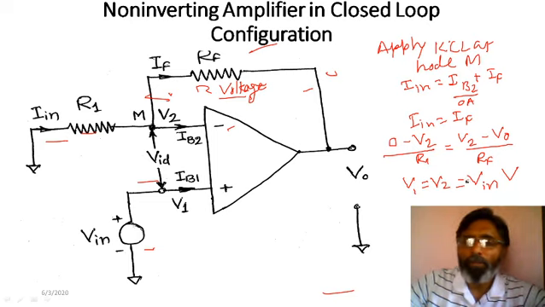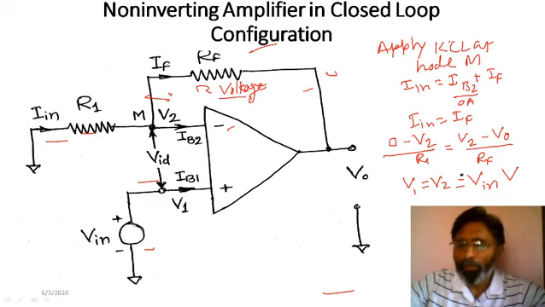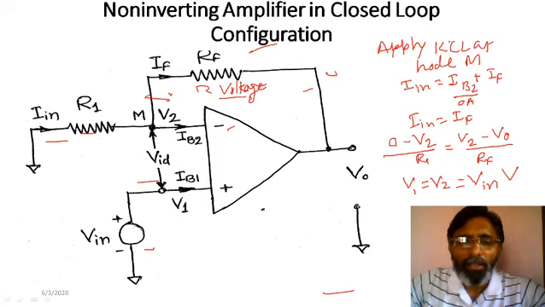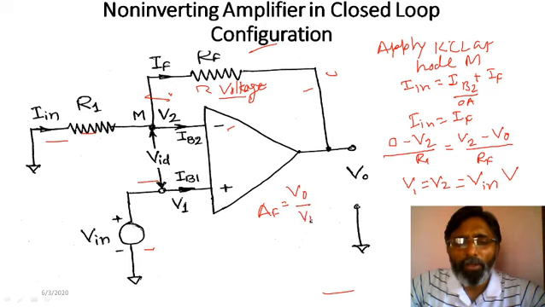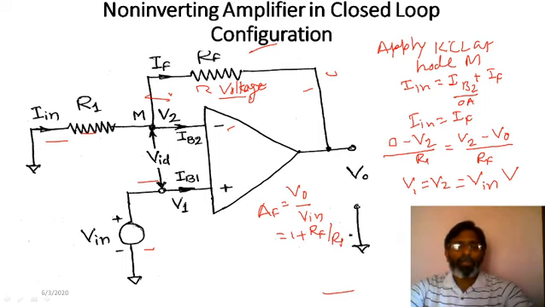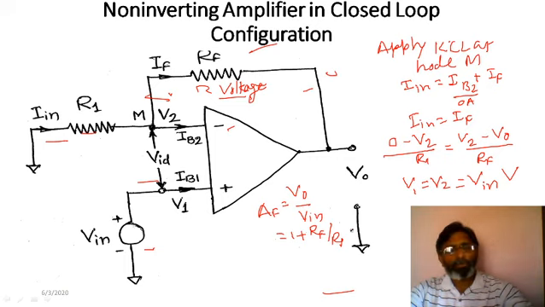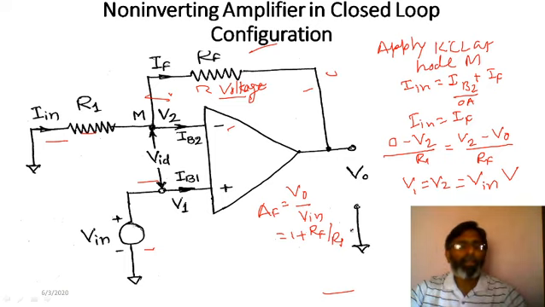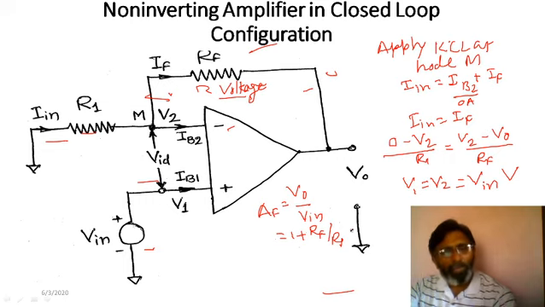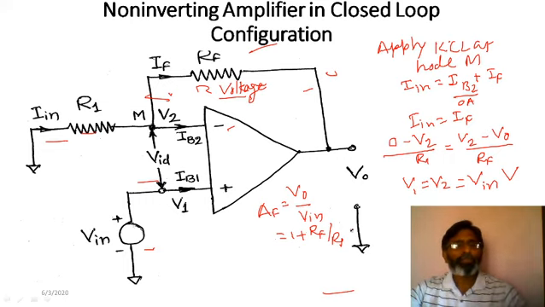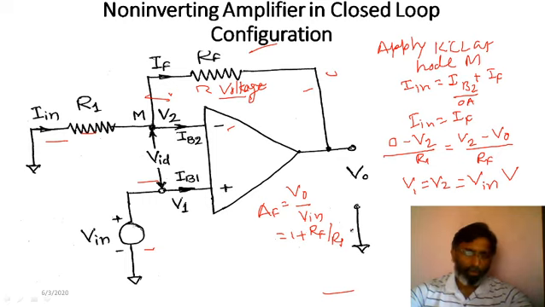Now if you put the value of V2, that is equal to V in, in the above equation, and rearrange that, then you will have AF equal to VO upon V in, which is equal to 1 plus RF by R1. So here also the gain of the op amp is decided by RF and R1. By making both variable or any one variable, we can have the adjustable gain. AF is quite less than A, so because of that your linear operating range will be wider, bandwidth will also be wider, and you can have the stable adjustable gain, so all those drawbacks will be avoided.